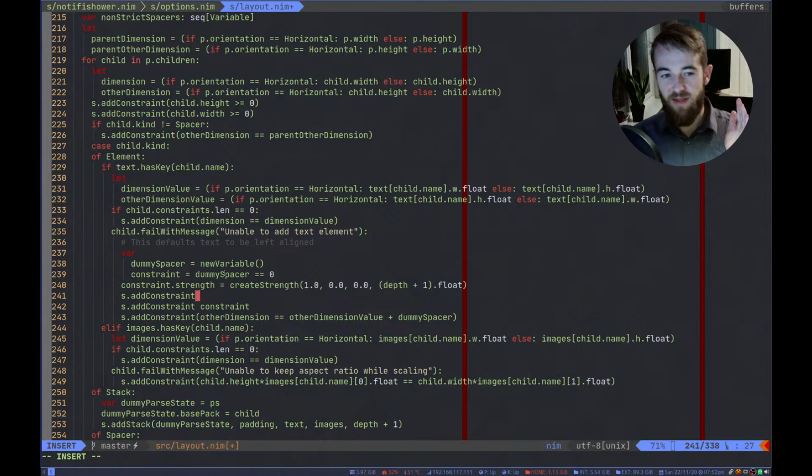And the spacer always tries to be 0, but this doesn't prevent it from being smaller than 0.